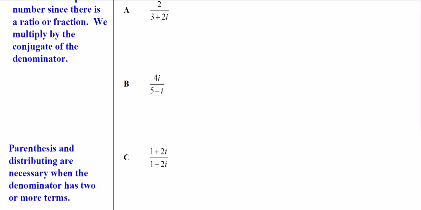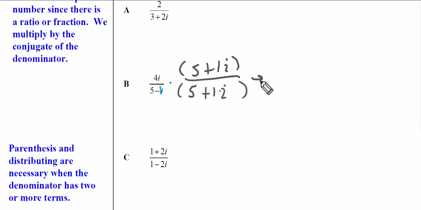Part B, remember the little subtle things, right? I mean, there's a 1 right here in front, if that helps. Okay, so let's go ahead and multiply by the conjugate. This is 5 opposite sign plus 1i. 5 plus 1i. And if I distribute the top, that's a 20i. And then this is a plus